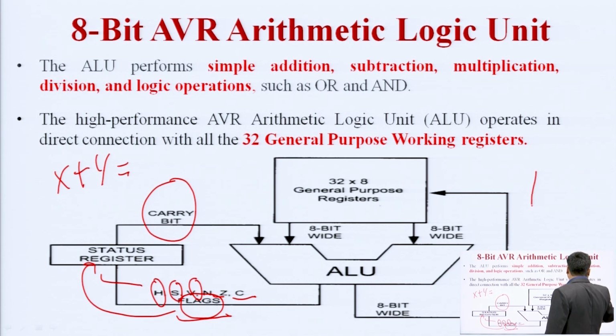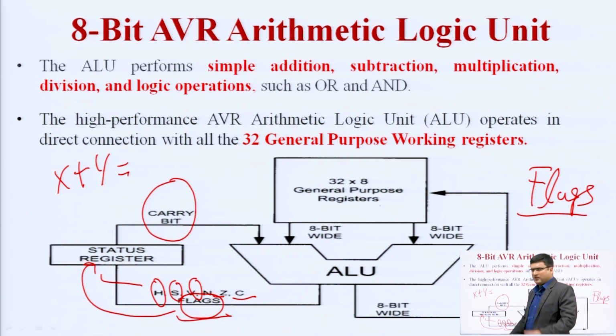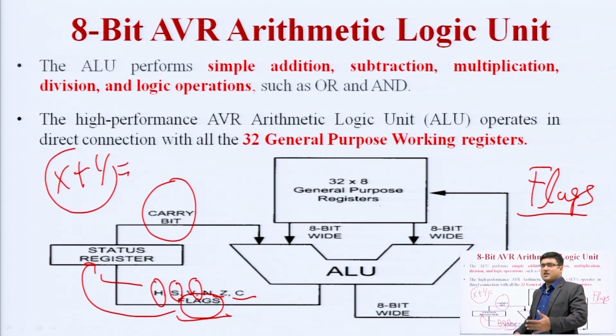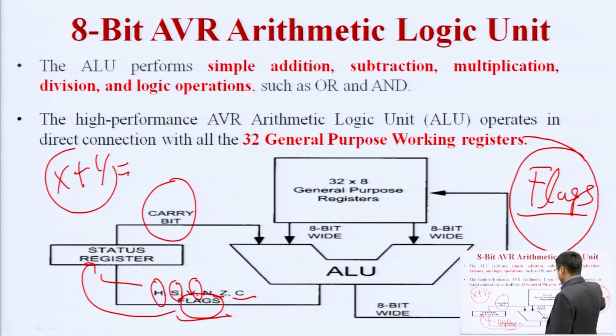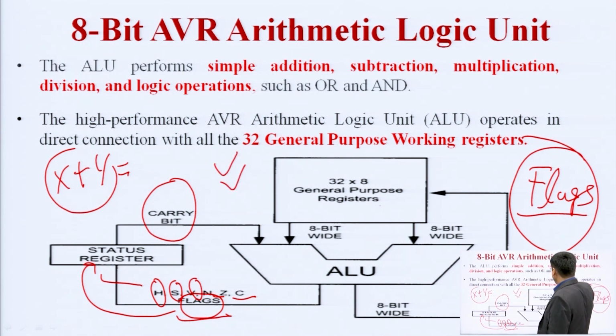What is the meaning of flags? Flags are available in the microcontroller to indicate its present situation. The present situation may be what the microcontroller is doing, or a condition, for example if we are doing arithmetic operations, there may be a result, and whether it is set or reset is indicated by the flag unit. So this is the basic representation of the ALU unit.